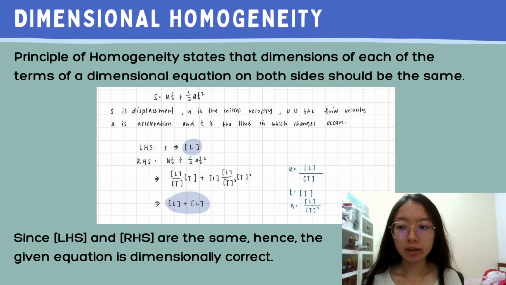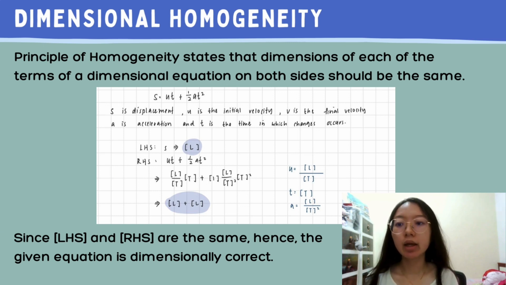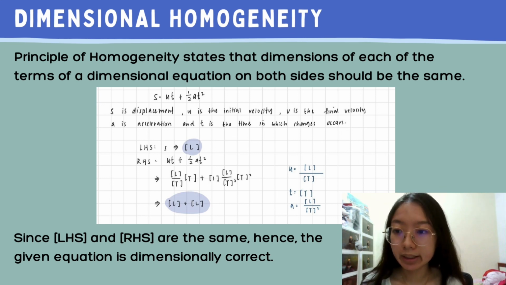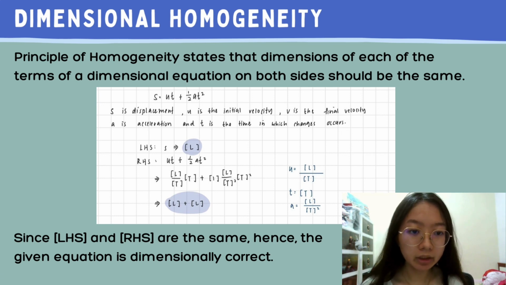So it is important to know that dimensional analysis is fundamentally based on the principle of dimensional homogeneity. The principle of homogeneity states that the dimensions of each of the terms of a dimensional equation on both sides should be the same. And this principle is helpful because it helps us to convert the unit from one form to another. To better understand the principle, let us consider the following example. The equation used here is s equals ut plus 1 over 2 at squared, where s is the displacement, u is the initial velocity, v is the final velocity, a is the acceleration, and t is the time